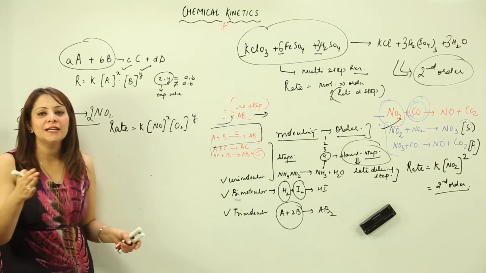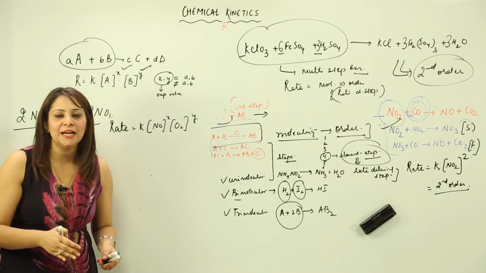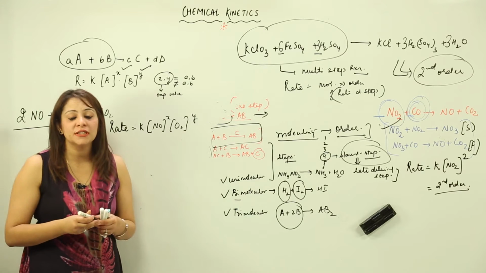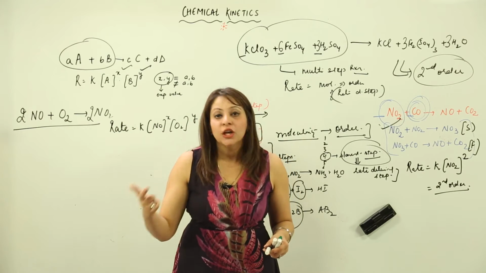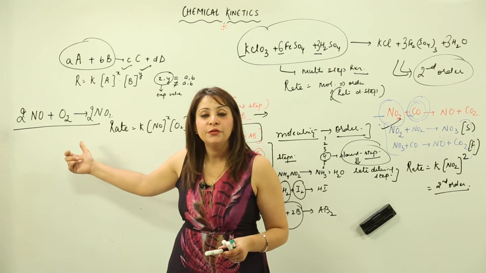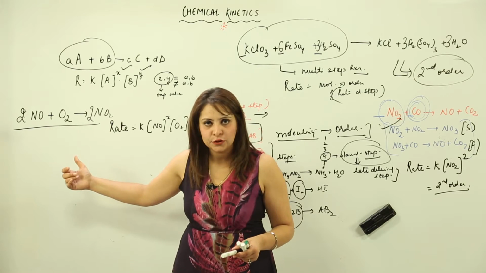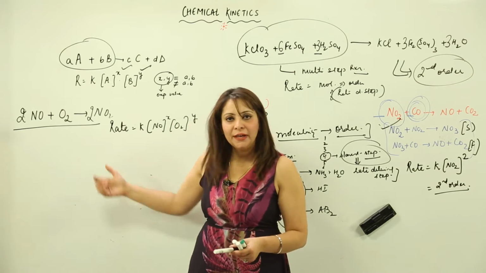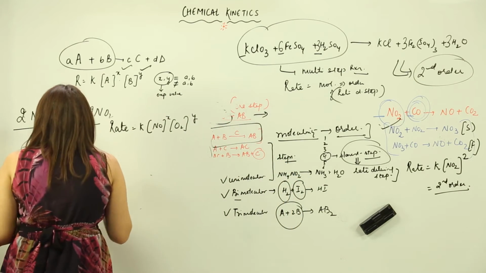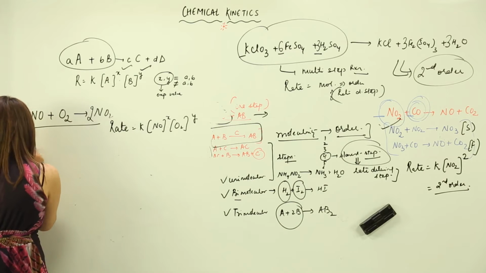So first of all, if we want to know the rate of the reaction, our first step is to see whether this reaction is an elementary reaction or a complex reaction. This reaction occurs in different steps, so it is a complex reaction. And for a complex reaction, we need to write the mechanism involved. So I am writing the mechanism, just look at the board carefully. It occurs in two steps actually.